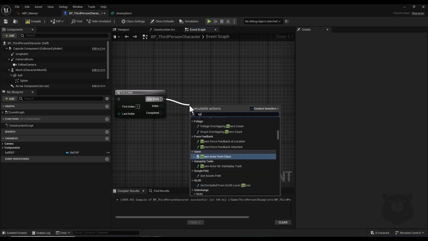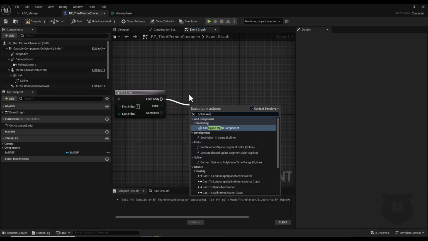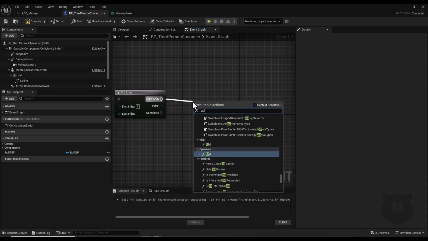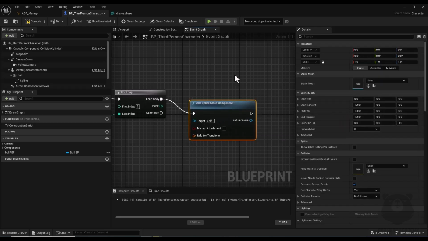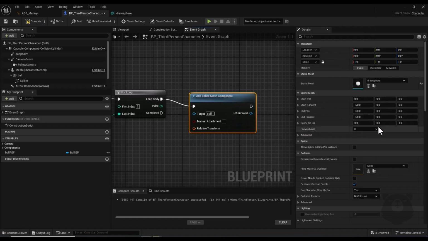Sorry, mesh add a spline mesh component, this node exactly. And here I insert my draw sphere, the mesh that I just created, and here I also set this manual attachment to true,